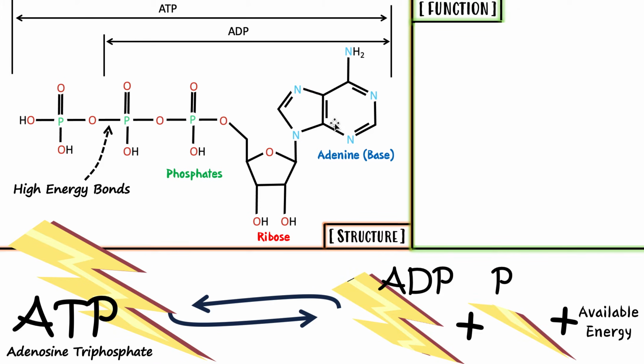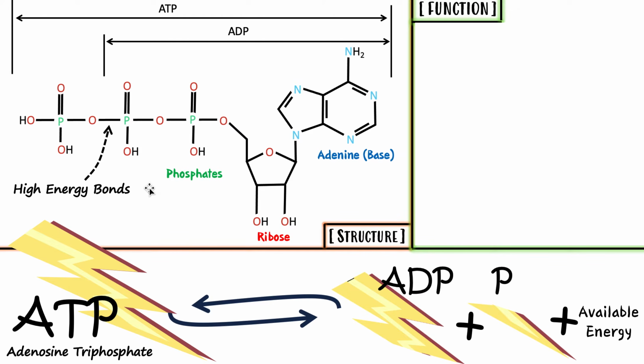So don't worry about drawing this structure. In a nutshell, I just wanted to show you physically what the difference is between how ATP and ADP look. ATP has the 3 phosphates, ADP has 2 phosphates, and this high energy bond is really important because it has a lot of stored energy. So if we break this bond, that energy gets released and can be used for all these functions, which we're going to mention just now.